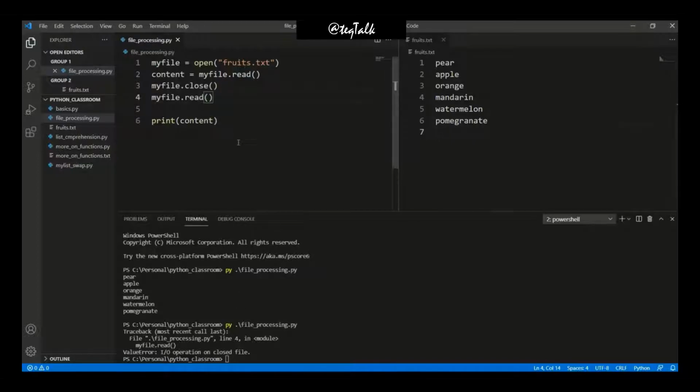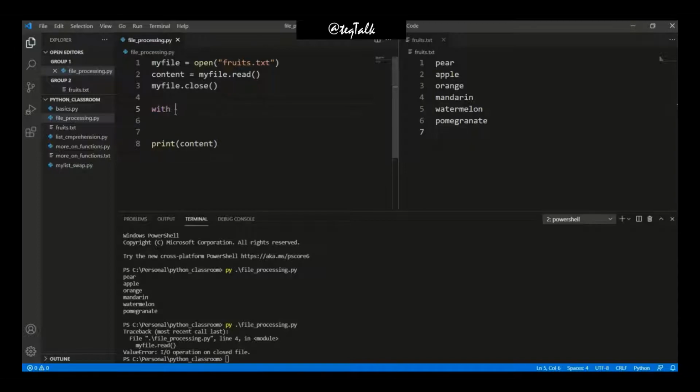As we have learned about the basic operations that we can perform on a file using Python, there is always a better way present in Python to do these 2, 3, 4 lines of code in a quicker way. I'll show you how. First we created this file object, myfile, then we stored the read result in content, then we closed it. All of this will be done within 2 statements,